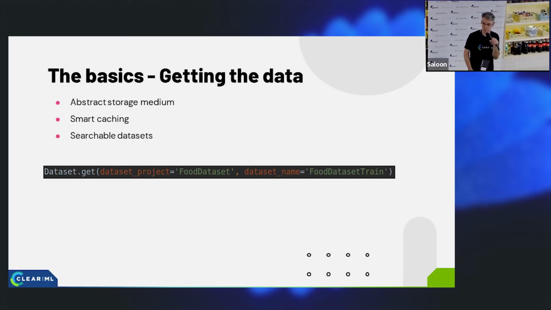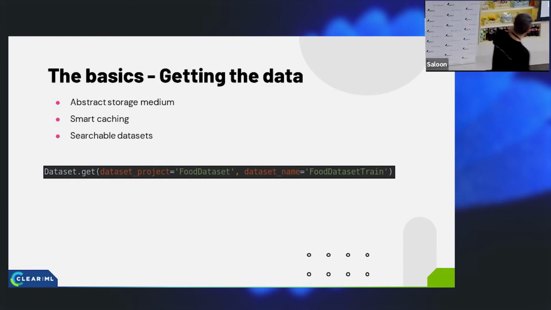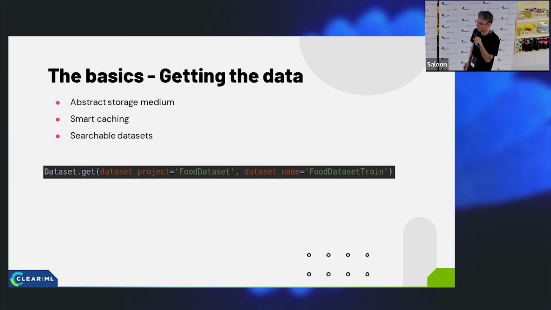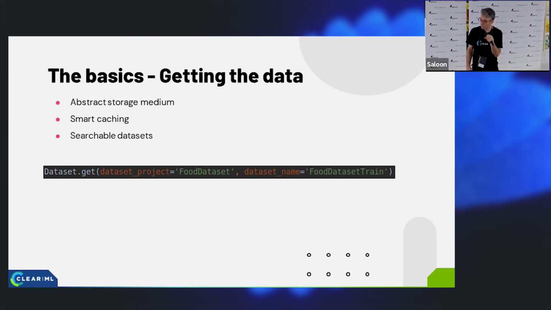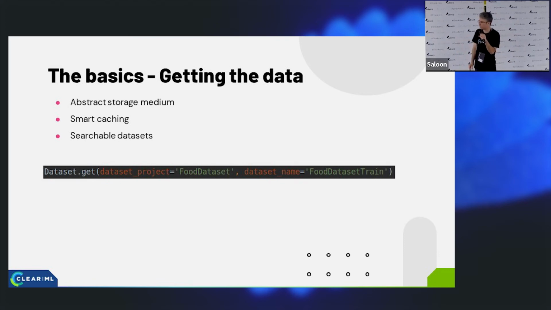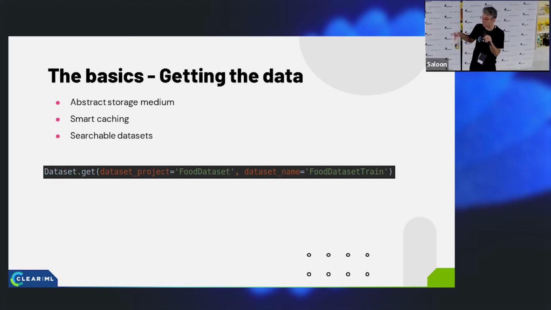We have a project name and a dataset name as parameters for our code. And then we can have the code itself fetch the data. We'll end up with a folder where we can look through all the data files, basically glob over the files themselves. But the idea is that it's part of the code.